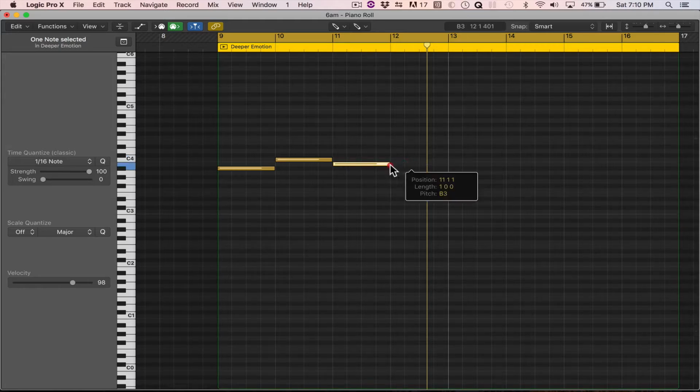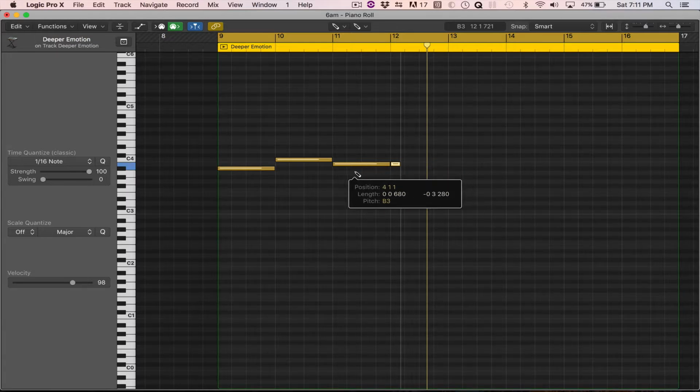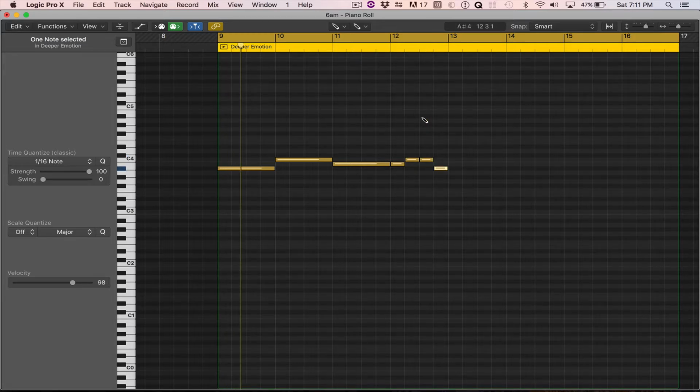Now if I change it again and make it shorter, I'm clicking and holding and dragging left to right. If I make it shorter, it's now going to remember what I just drew. So now if we play back,